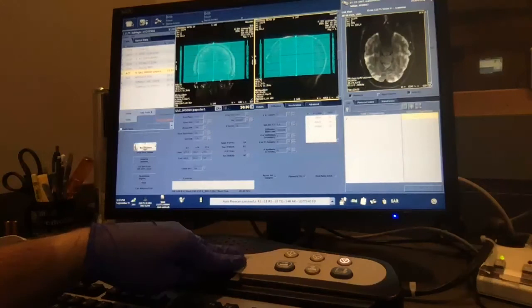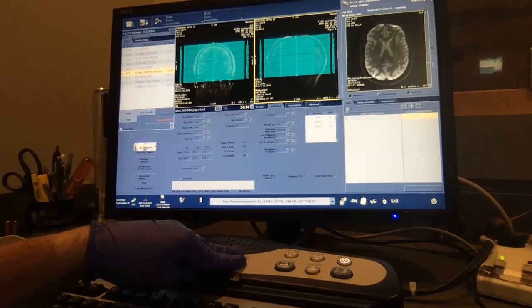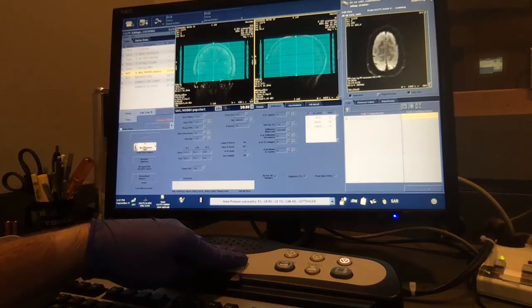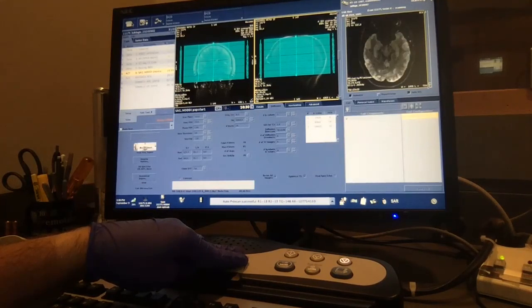Okay, the shift actually just happened, so you can see that these images look slightly different now, and that is because we're starting to encode diffusion. By encoding diffusion, we get this lower signal intensity, particularly in areas of